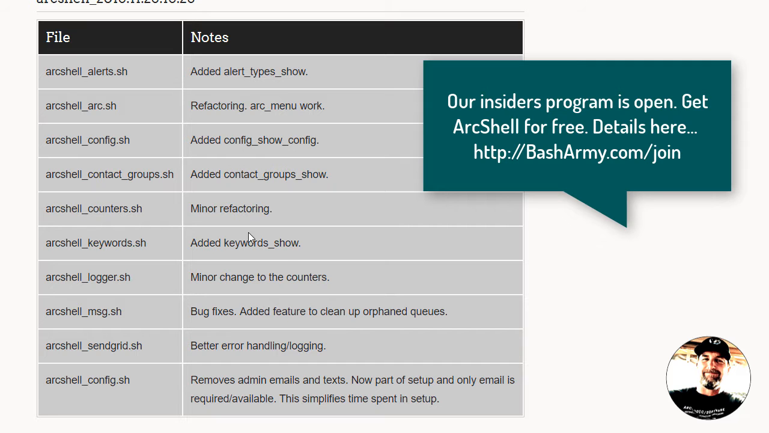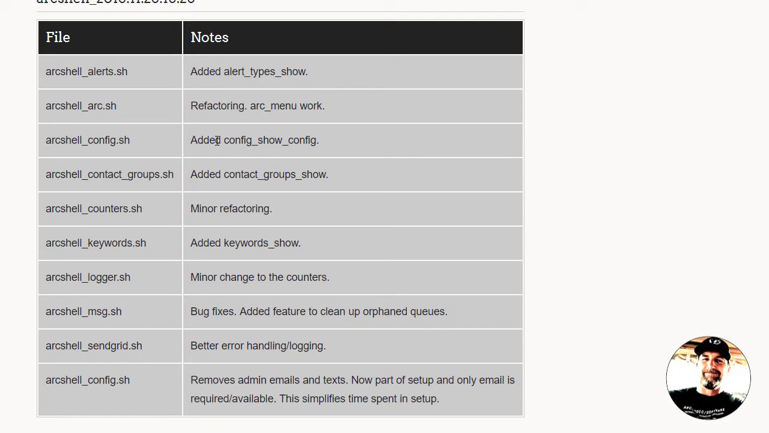It didn't look like much here, but I've been doing a lot of other things, but there are some important changes. So we'll just go through them. As far as the alerting package, I added alert types show, and I'll show you this feature in a minute. This was all so that I could basically... I added config show config, and then alert types show just calls config show config with the alert types, and then contacts group shows calls config show config with contact groups, because all these objects are what are called configuration